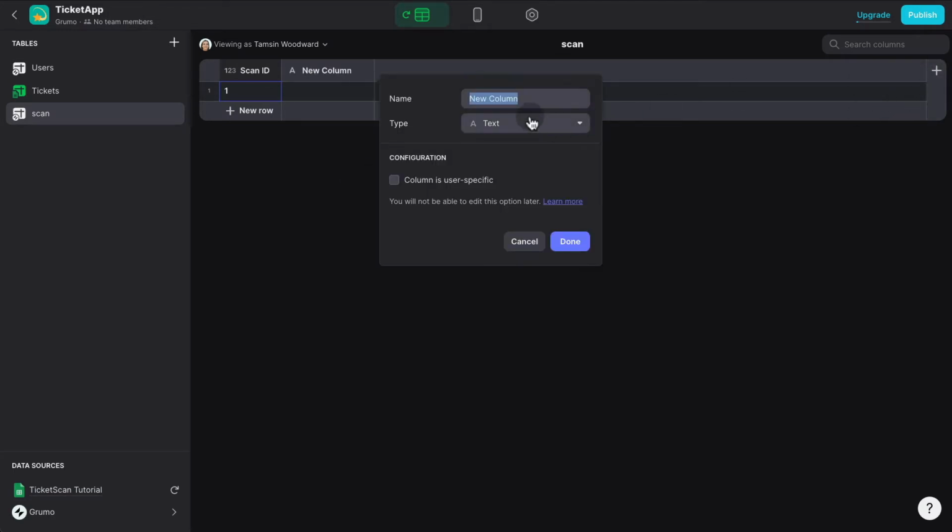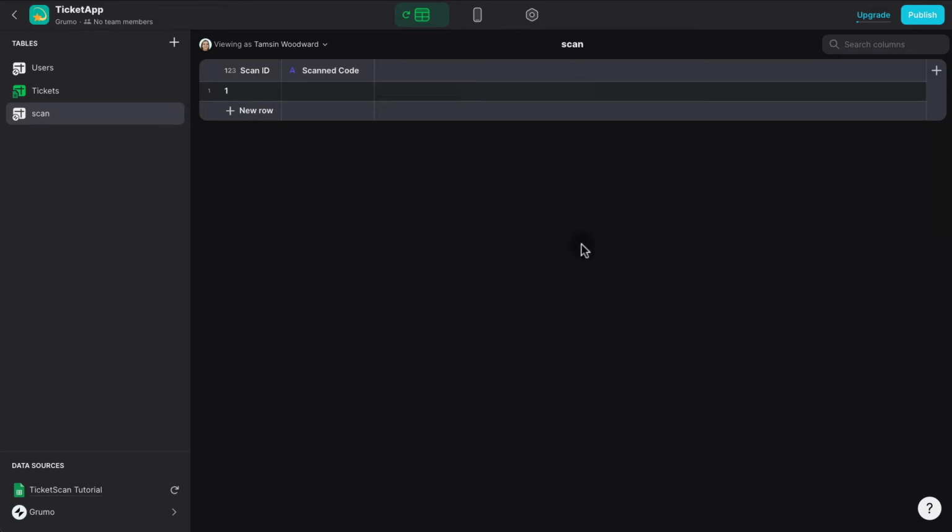So for that, we're going to use a user-specific column. That means that the data stored in this column is only saved for the currently logged in user. Okay, so it's not permanently stored in the database because let's say there are several people scanning tickets at different doors. You don't want everybody writing into the same column because that will create some conflicts. If you use a user-specific column, that data will only be stored in that specific user's device. So I'm going to call this scanned code, and this is where we're going to be saving the codes